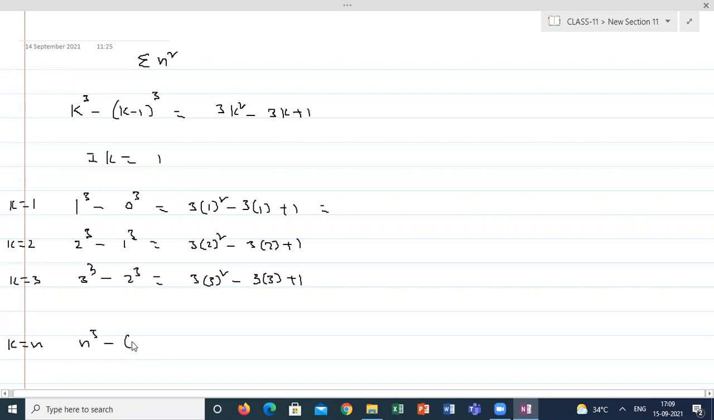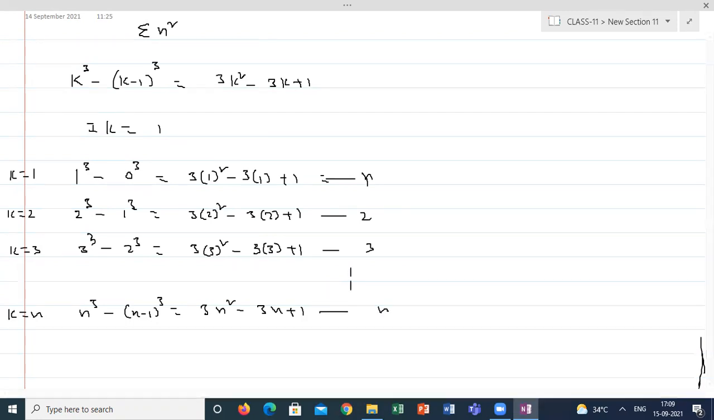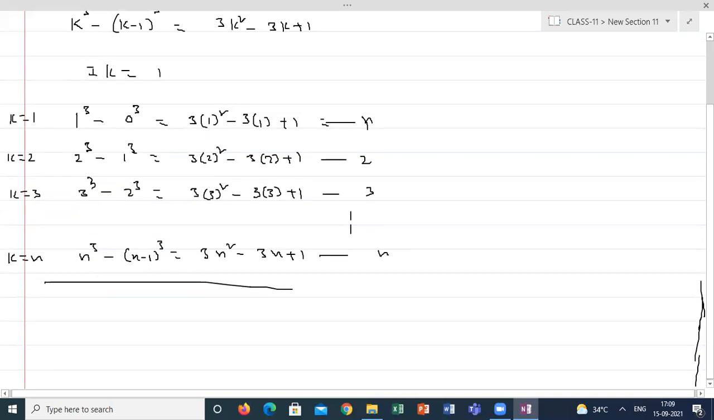n cube minus (n minus 1) whole cube is equal to 3n square minus 3n plus 1. So this is the n series. This is the first one, this is the second one, this is the third one, up to n times. Now I'm adding all of them. 1 cube will cancel, 2 cube will cancel, 3 cube will cancel, up to (n minus 1) cube will cancel. Finally, we'll get n cube minus 0 cube, which will be equal to